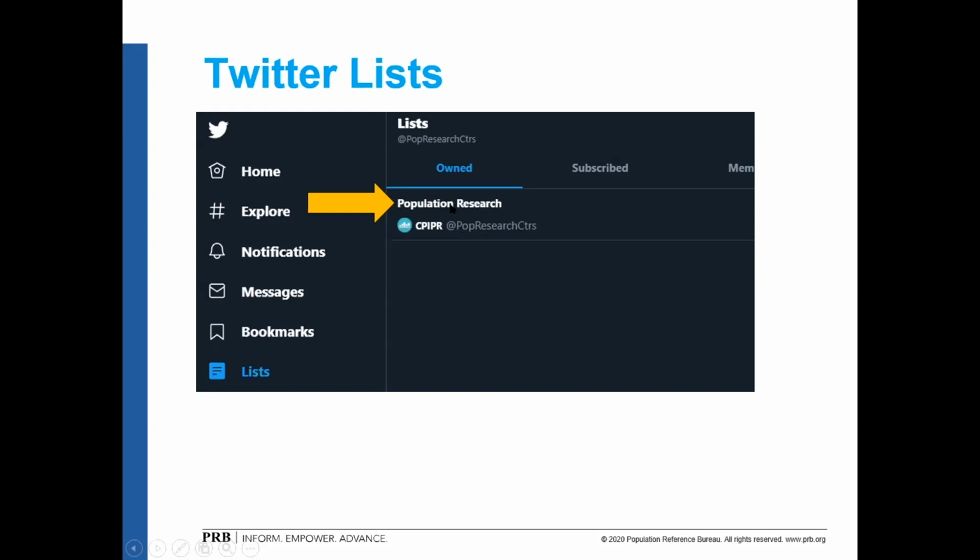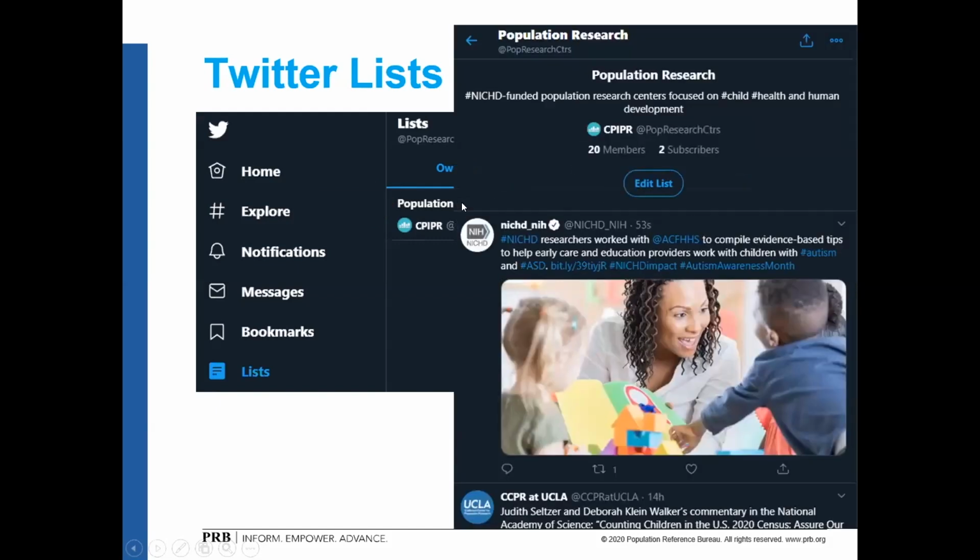So you want to be careful and click on the list name itself. Once you do that, it brings up all of the latest tweets, all of the accounts that you have in that list. So the CPIPR Pop Research Centers list has 20 Twitter handles, 20 Pop Research Centers around the country that are NICHD funded that have Twitter accounts that I know about,